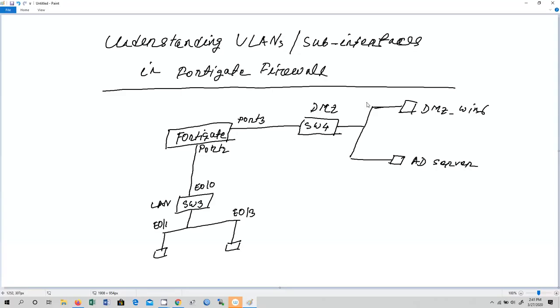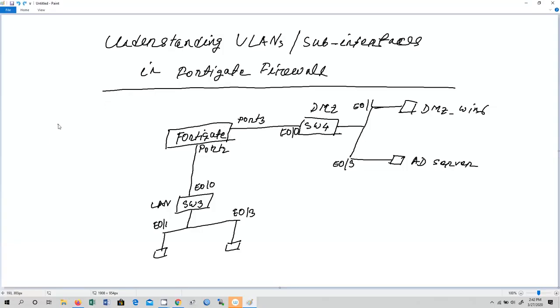This is going to be Ethernet 0/1, and this is going to be Ethernet 0/3. And on switch 4, we are going to use Ethernet 0/0 towards port 3, which is connected to the FortiGate firewall.